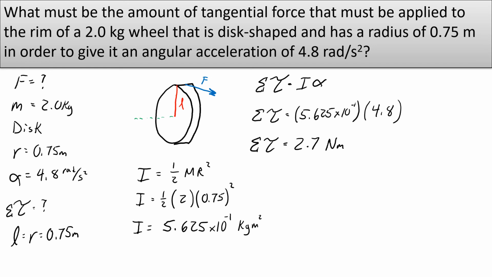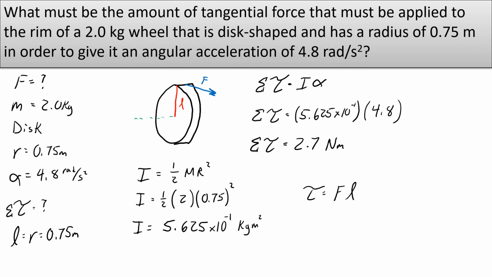Okay, so now we have 2.7 Newton meters, and we know that's equal to the torque, but the question is asking for the force. So we'll use one more formula, and we know that the torque is equal to the force times the lever arm. We said before that the lever arm is equal to the radius because the force is acting tangentially at the edge of the disc,